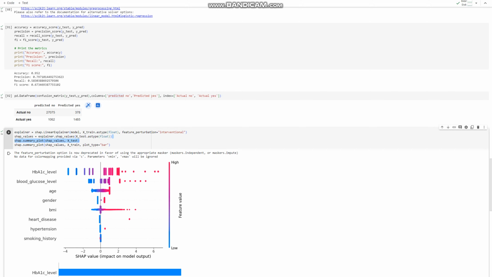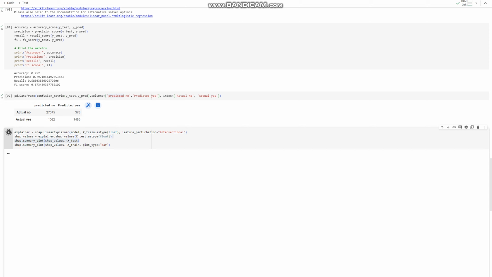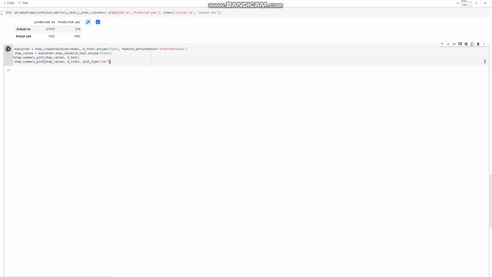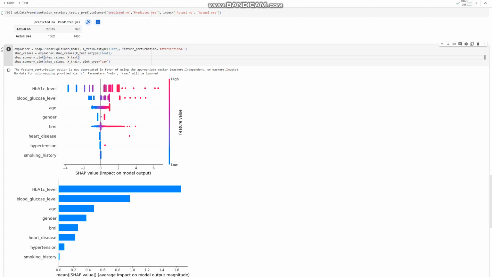Here as well, I also wanted to see what features were the most important when making a decision. So here I've implemented SHAP values, and as you can see here, for predicting diabetes, we found that HbA1c is the most important factor, which is